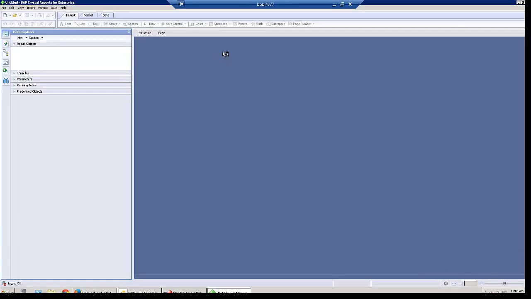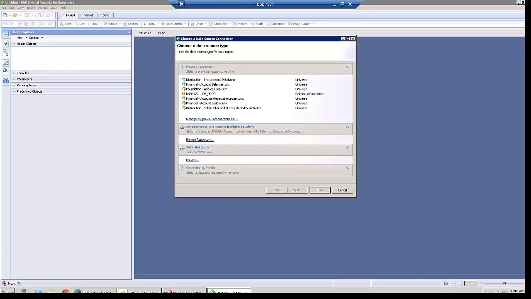And the first thing it's going to do is, you'll notice here we can go ahead and grab a connection. So if I wanted to create a report like the traditional Crystal, but I want to do it off of a shared connection, I could do that. So if I go ahead and choose Next and Authenticate,